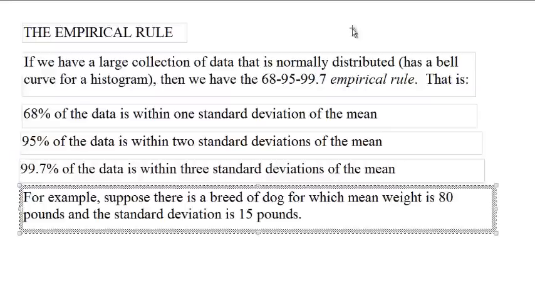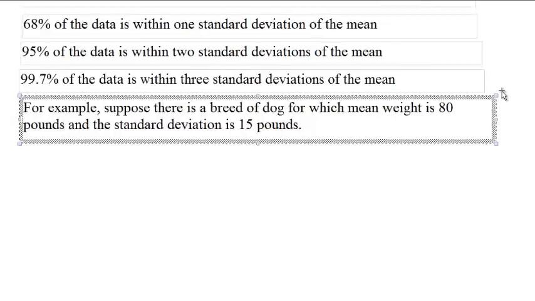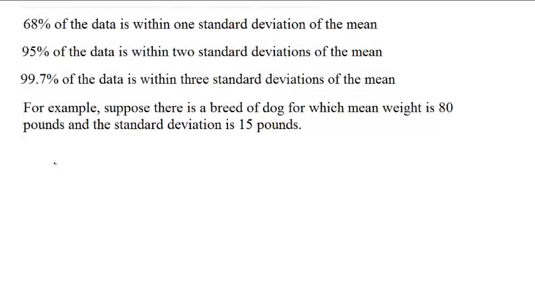Let's look at an example. Suppose there's some breed of dog, I don't know, and the average weight of one of these dogs is 80 pounds. The mean weight: you took all the dogs of this breed in the entire world, and you added them all up, and you divided by the number of dogs, and you said the average weight is 80. And then you crunched out with that horrible huge formula or software, found the standard deviation, it was 15 pounds. What a lovely number. What the empirical rule says is 68% of the dogs